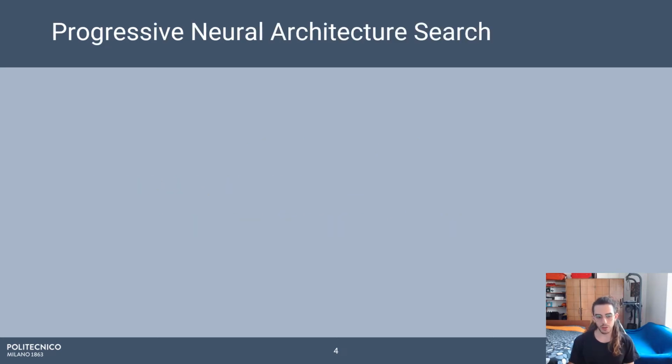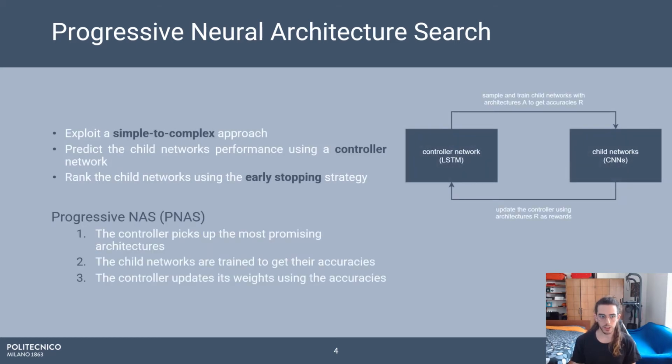As neural architecture search algorithm, we have chosen the progressive neural architecture search, which is basically a recent algorithm that exploits a simple to complex approach, producing at the beginning shallow networks and trying to improve the performance by improving their depth until some convergence is reached.